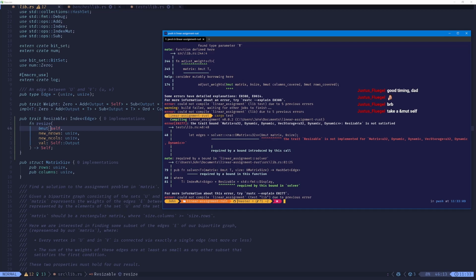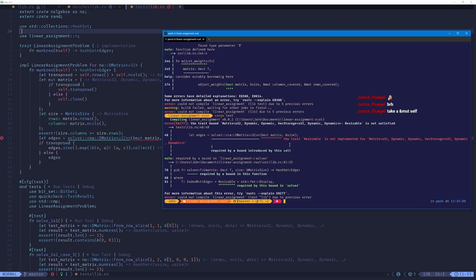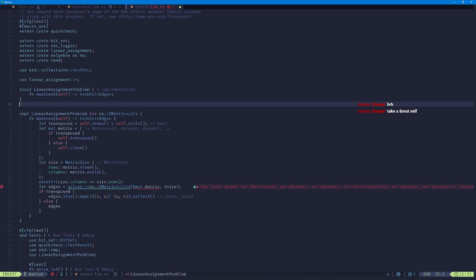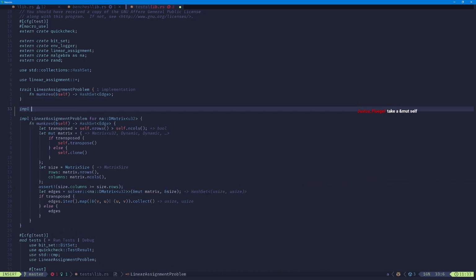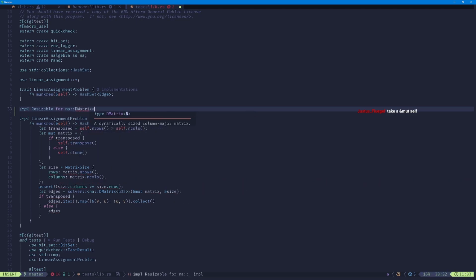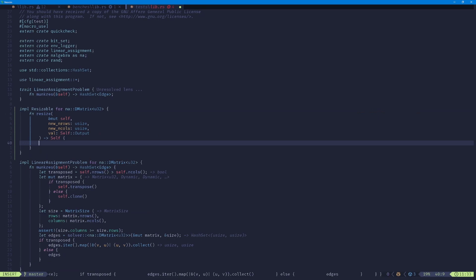Okay. Now we're getting to the issue that I'm not surprised by, which is that the thing that we're passing in does not implement the trait resizable. We should be able to do that though, right? If we just say impl resizable for a Z matrix U32. And this should just be like,